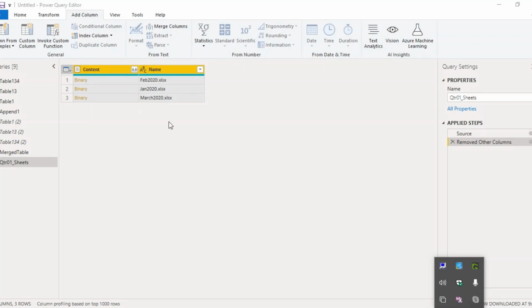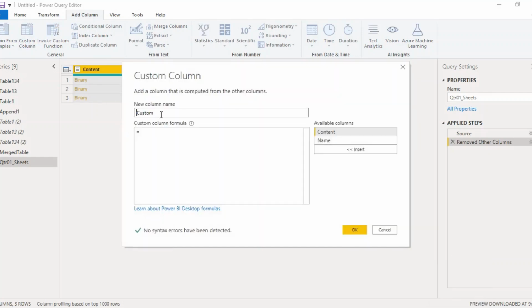Okay, now once we've got that, in the add column option, we can go to this custom column. This custom column helps us to add a new column as per our choice. So we can just change its name to data, and we can use a custom column formula. There are different types of formulas that you can use as per the data source that you are trying to import and whatever you are trying to extract from that particular data source. What data source have we used? We have used an Excel data source.